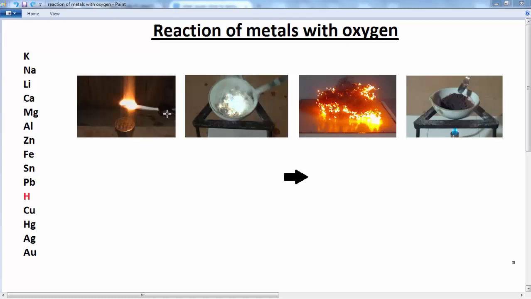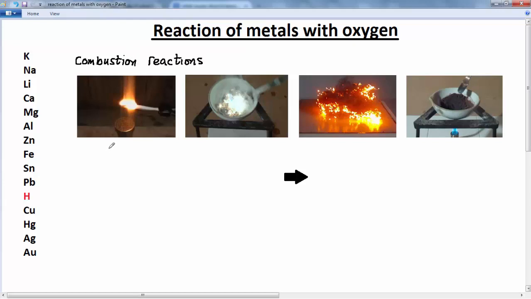We're going to continue looking at the reactivity series, and in this lesson we're looking at the reaction of metals with oxygen. Now, in these photos you can see examples of different metals reacting with oxygen. And metals can react in two different ways. What we're seeing here are combustion reactions. That's to say, the metals are being heated in their various forms, and then they're reacting with oxygen in the